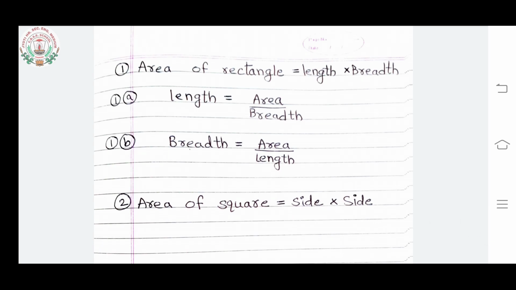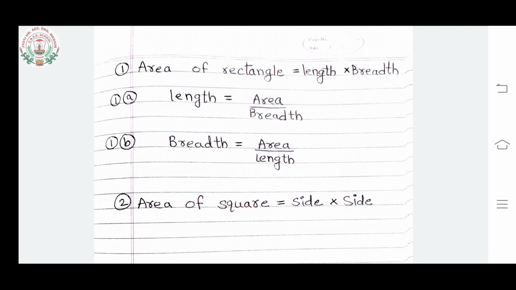Only these 2 formulas we have seen, and this much only is given and asked in your textbook. Area of triangle is also there, but that is not given in your textbook. That is in class 7th, so you will study that in class 7th. So now coming to exercise 10.3, where the area of rectangle is asked, area of square is asked. And when the length and breadth of 3 rectangles are given and you are asked to tell which of the area is the largest one and which of the area is the smallest one.